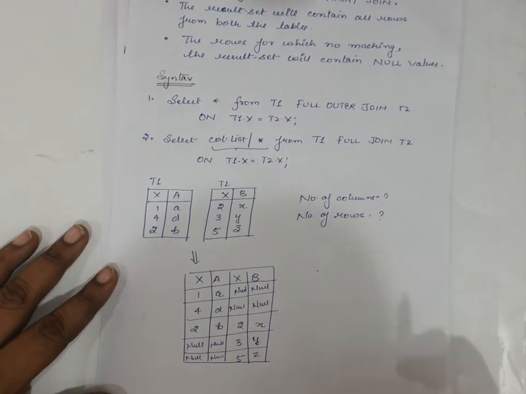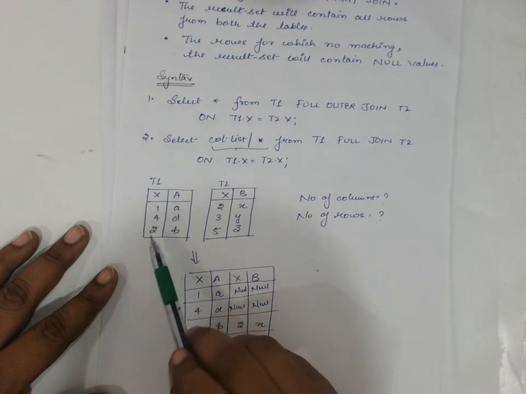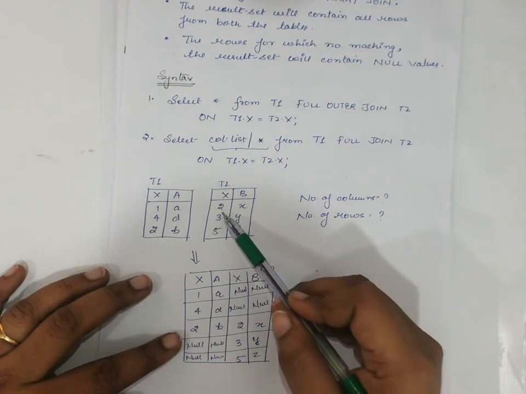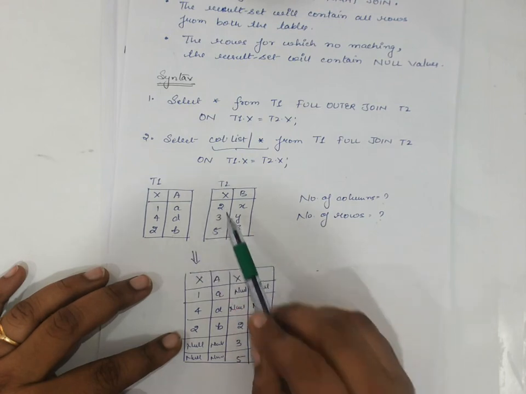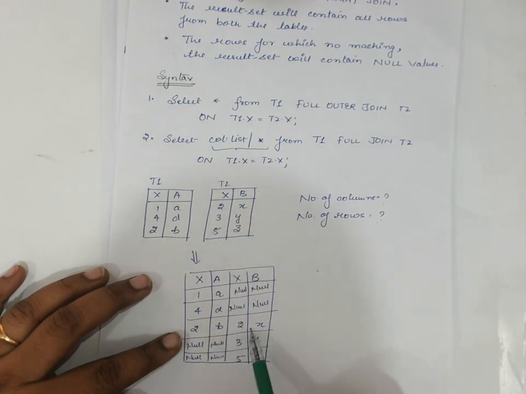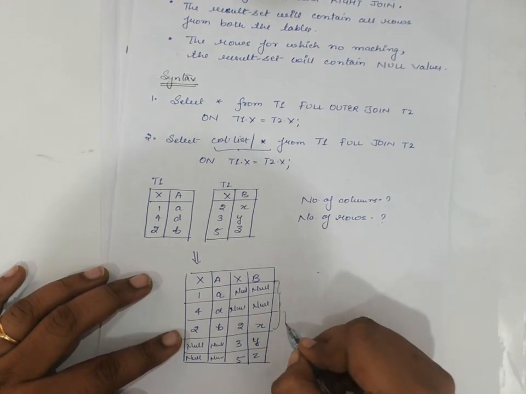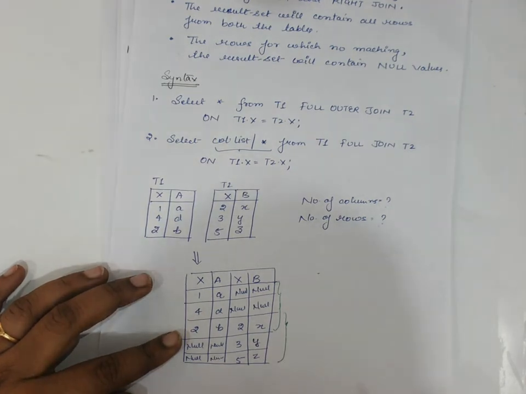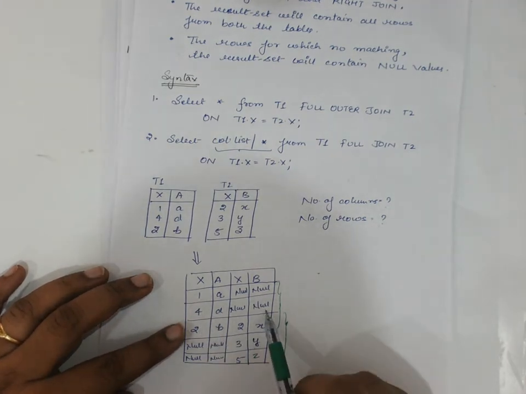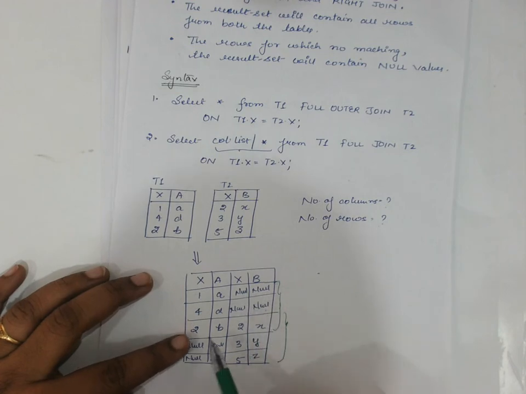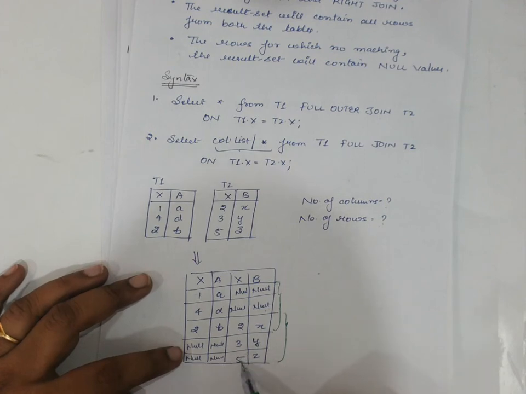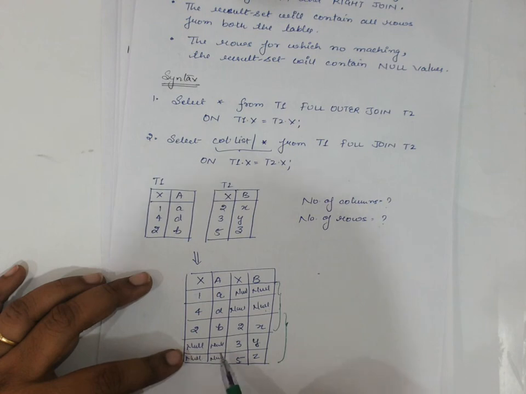So you may see here the result set: 1, 2, 1, 4, 2, 1, 4, 2, 2, 3, 5. As 2 is common in both, I am skipping 2 because it is obviously visible here, 2, and 3, 5. So all these are the tuples of table 1, and from here tuple 2. For 1, 4, there is no matching in the right hand side, so null null. For 2, there exists a matching tuple in table 2 also, but for 3, 5 from the right hand side of table T2 there is no matching tuple from table 1, so null will be padded.